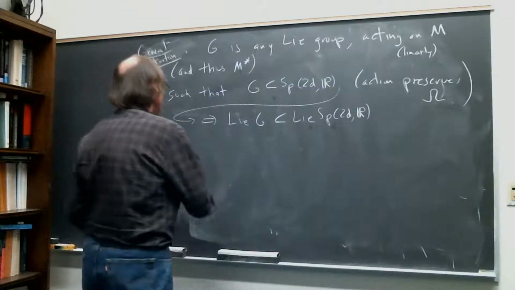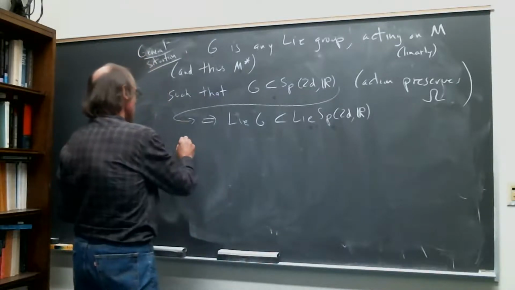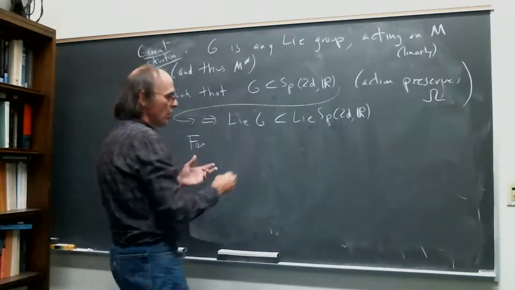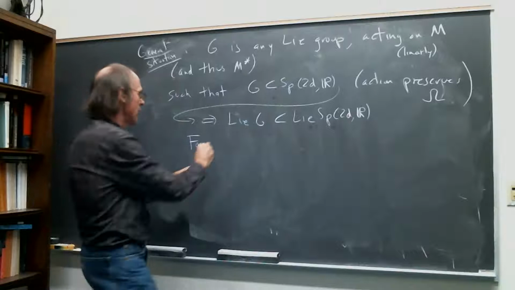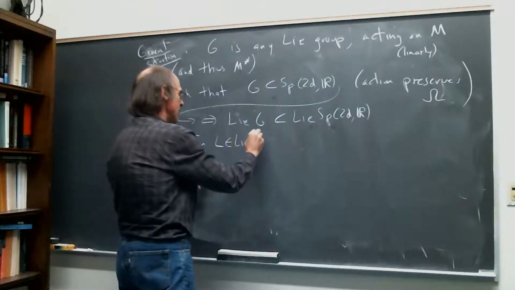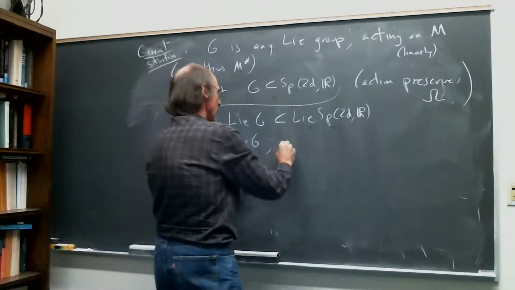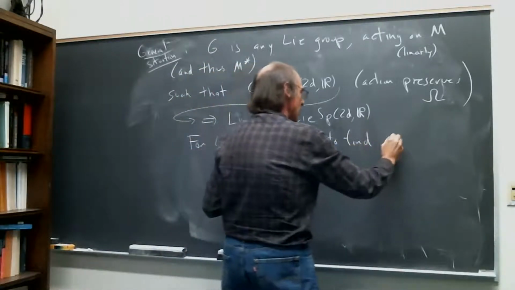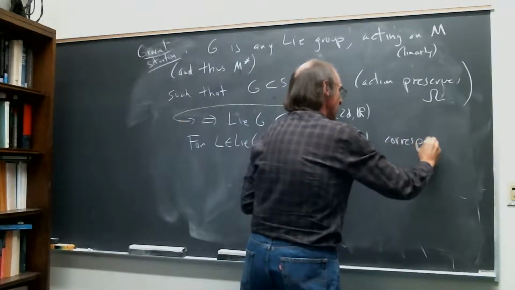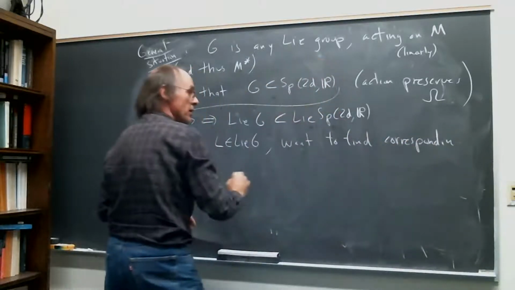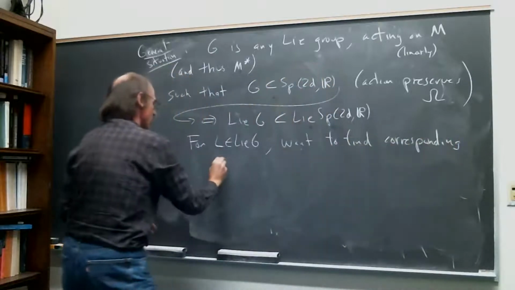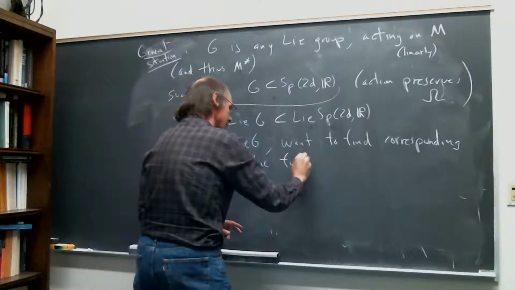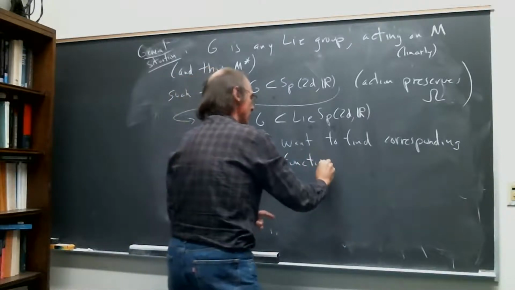So what we want, so we want to identify, I'll write that for now, instead of using X, I'll write L as some element of Lie G. You want to find the corresponding quadratic function and call it